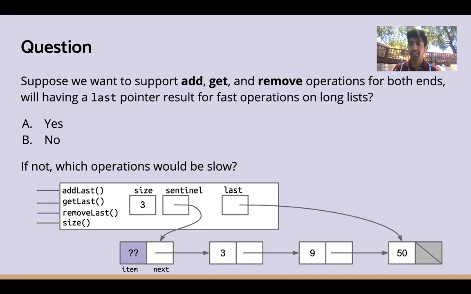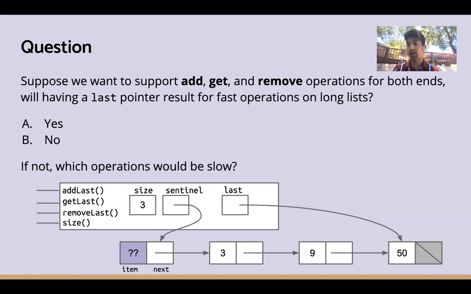Would add, get, and remove actually become faster with the last pointer? Yes, all of these operations will become faster, or no, one or some of them may not. Highly recommend pausing for this question, really thinking about which operations might become slower,